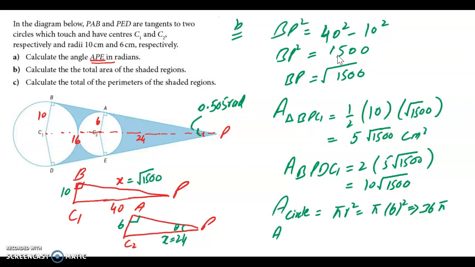Now the area of the sector is half r squared theta, which is half times 10 squared times the angle. This angle will be 2.636, since we can figure it out: we know this is 90 degrees, this is 0.505 and this is 90 degrees. So from 2 pi once we subtract, we get this angle, which is 2.636. That means the area of the sector will be equal to 131.8